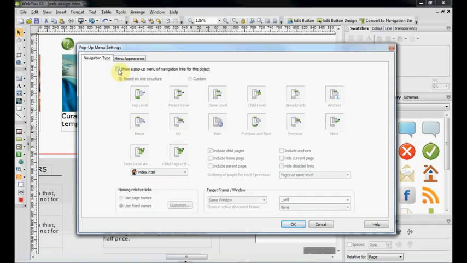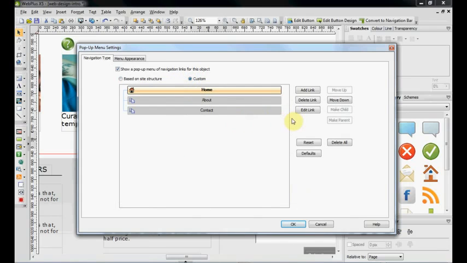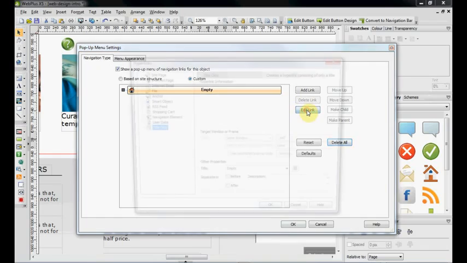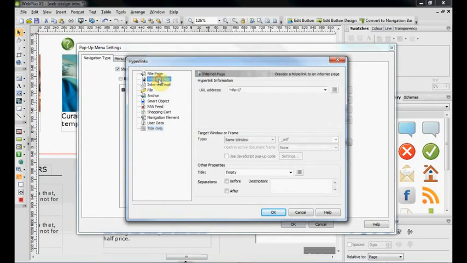I'm just going to check show a pop-up menu of navigation links for this object, and rather than based on site structure, I'm going to use custom. I'm just going to delete all of these links. Do you want to delete all the entries in the current navigation tree? Okay, and I'm going to edit the first one, and I'm going to make it an internet page, and I'm going to set it to